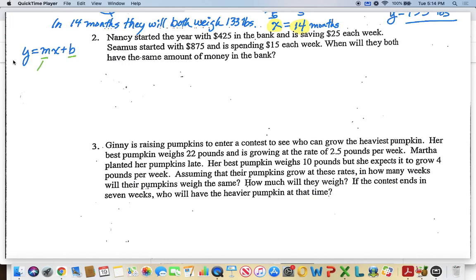The m is going to be standing for the change, which in some cases is an increase, and in other cases is a decrease. The b will stand for our starting amount,